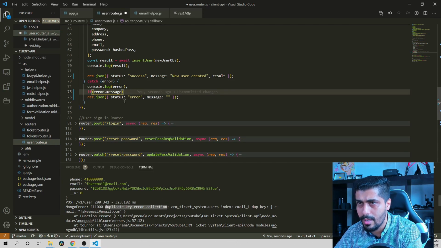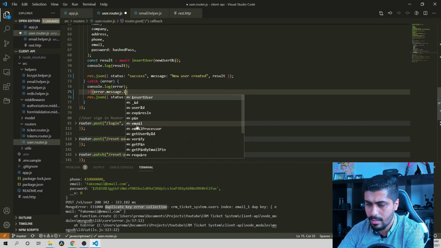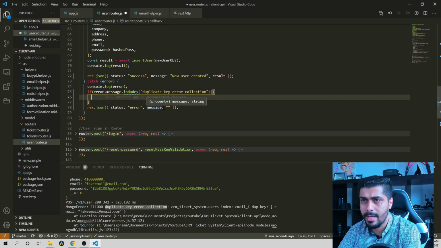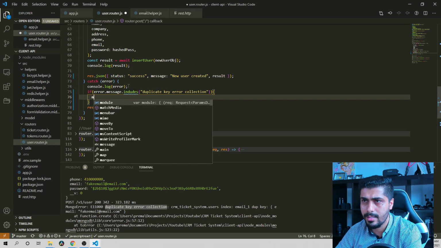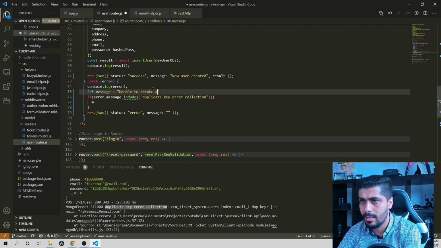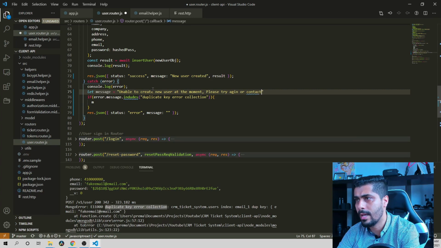So simply we can use this one and say, let's say if the error message includes this text of a string, then we can say, I'm just gonna define message here. You know what, let's do let message equals to, say, unable to create new user at the moment, please try again or contact